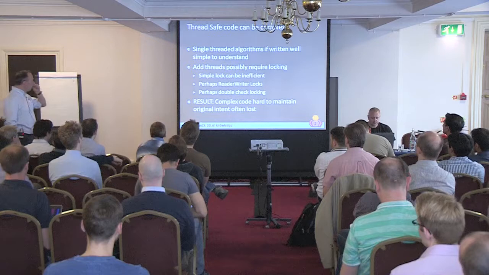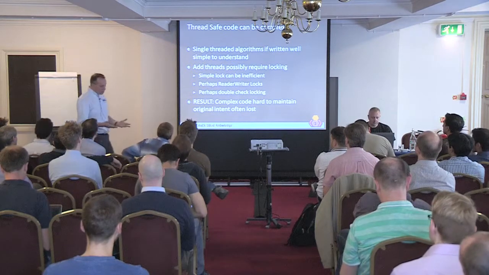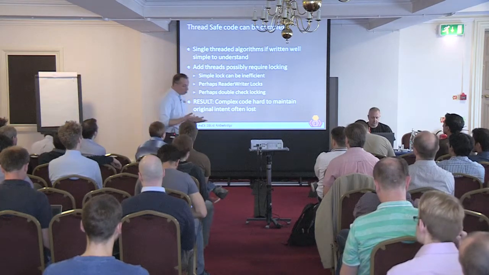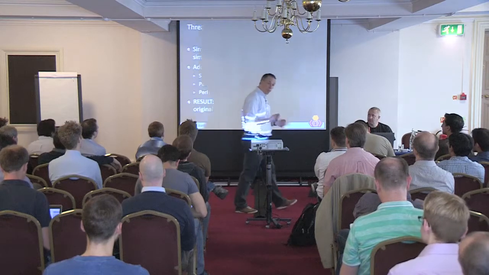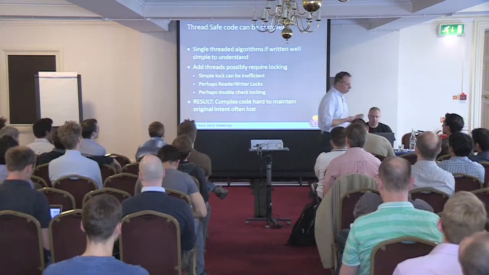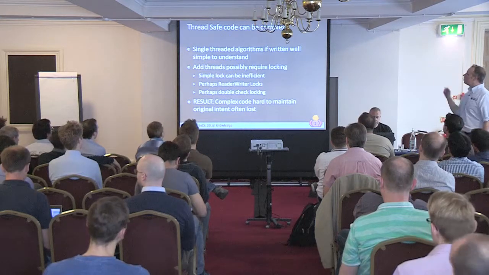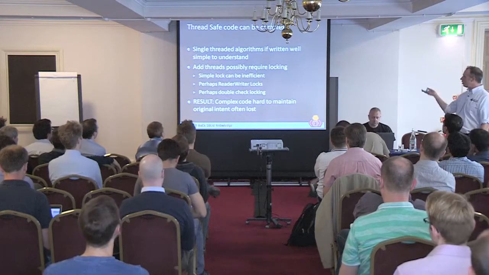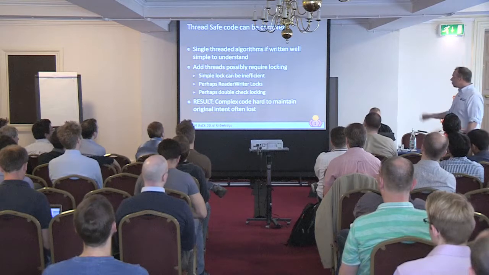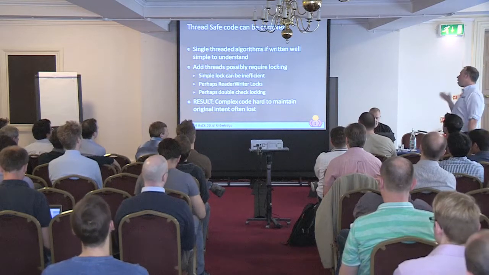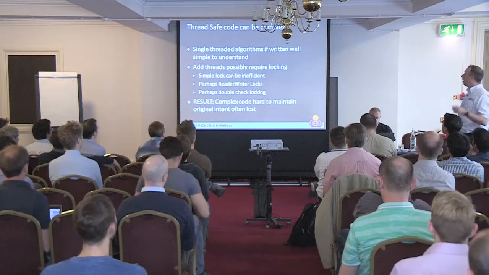Okay. So, like we said, with single-threaded and multi-threaded code, ultimately, if you're sharing state, you have to pick some kind of synchronization primitive in order to make sure your code's thread safe. So we've got a whole variety of ones that we can effectively use. We've got things like reader-writer locks. We can do some stuff like double-check locking and various things. But often it produces some kind of complex